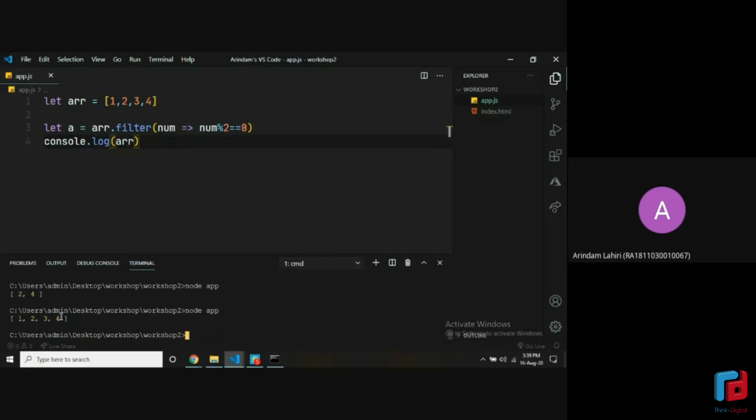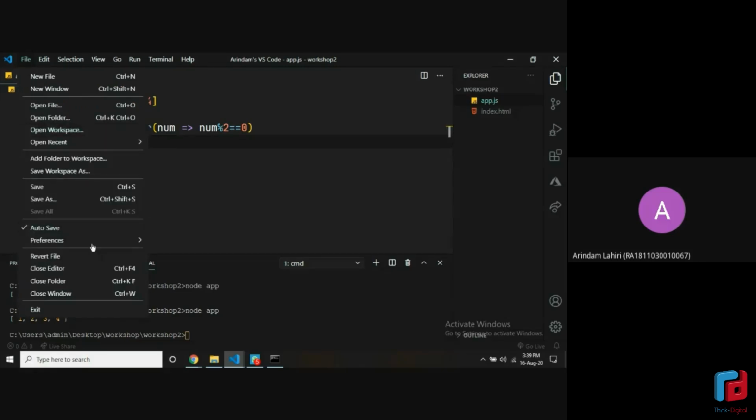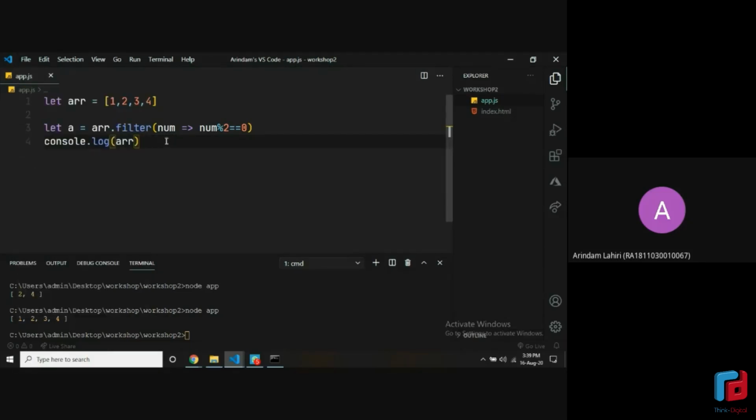If you can see, 1, 2, 3, 4, and if you notice, I'm just changing whatever I want and running the code side by side, but actually you need to save the file after every change you make. In VS Code, there's an option of auto saving the file. I've turned it on by default. You should do it too, so it becomes easier. It saves all the changes and I can run it whenever I want.